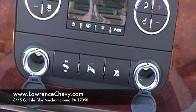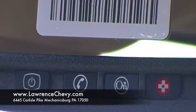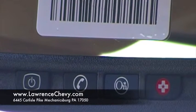And then on both sides of those 3 buttons, we have 2 areas here to plug in any electronic devices. And right there on the rear view mirror, we have all the buttons for your OnStar, and also this 4th button here on the far left, which can help you reduce any type of glare from the cars behind you